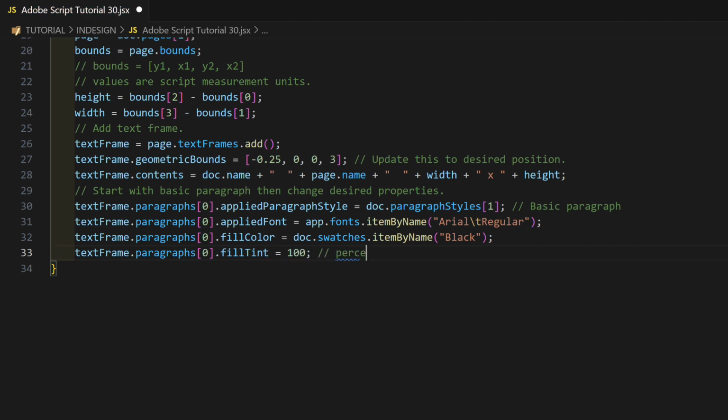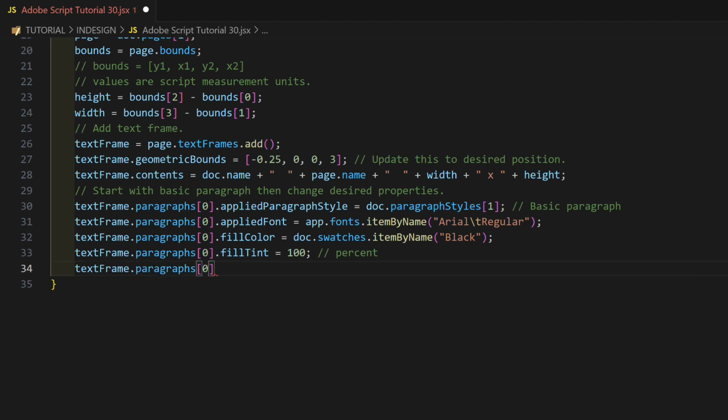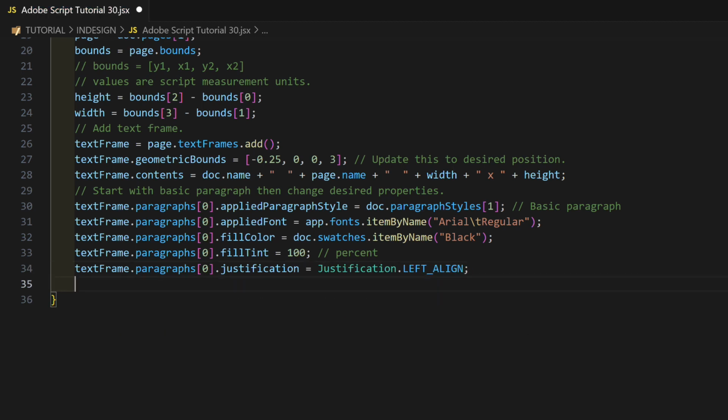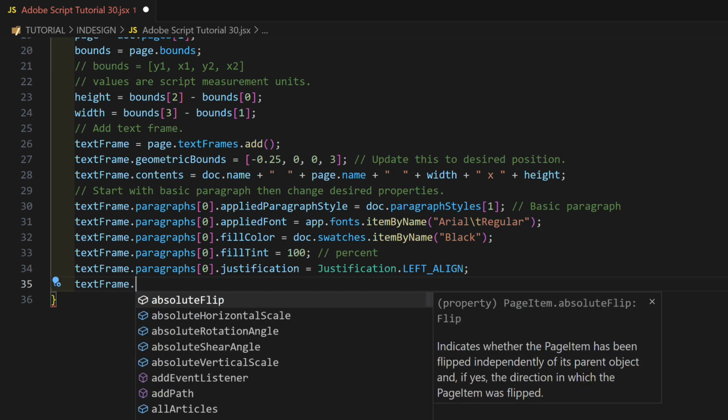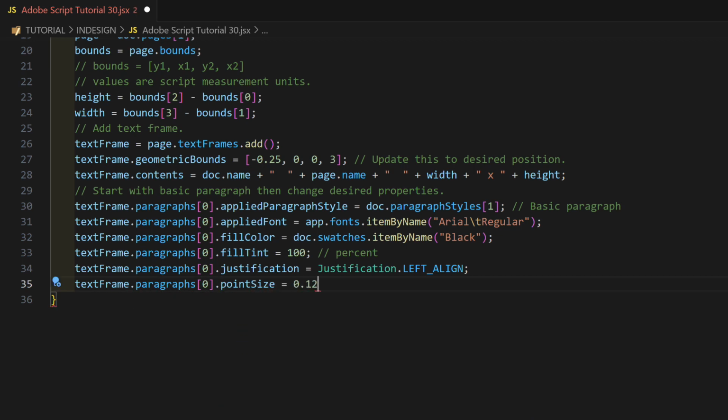That's percent. textFrame.paragraphs[0].justification equals Justification.LEFT_ALIGN. textFrame.paragraphs[0].pointSize equals 0.125. This is script measurement units, even though it says points. 1/8 of an inch is the equivalent of 9 points.